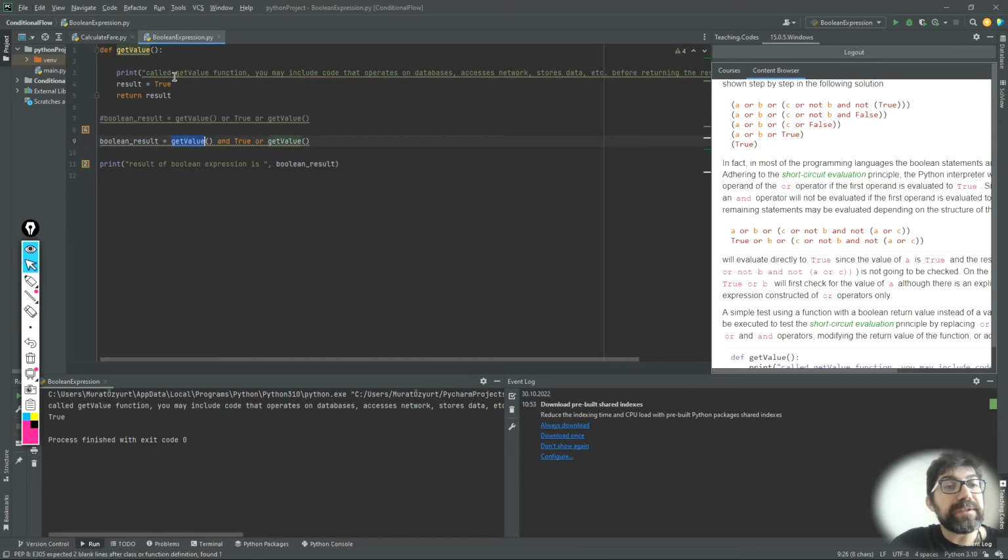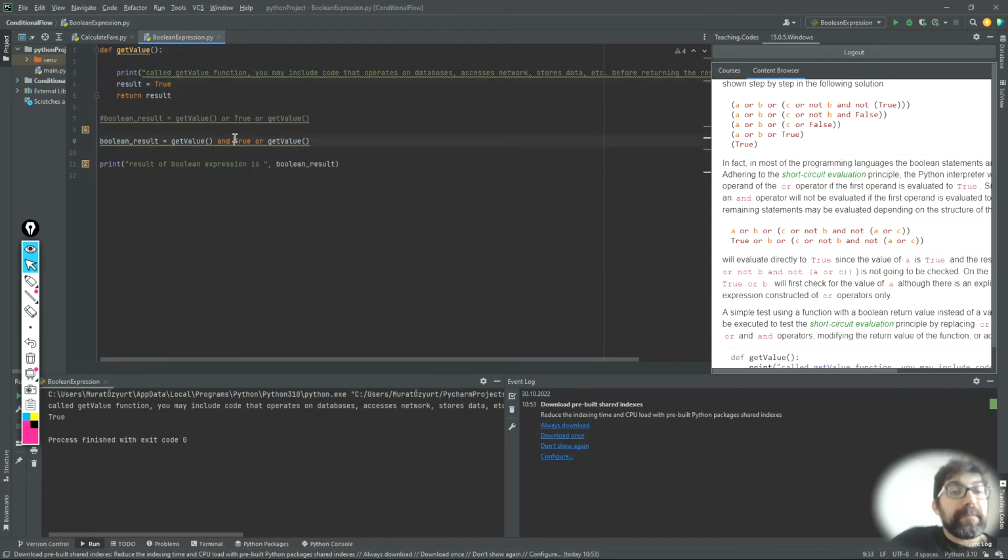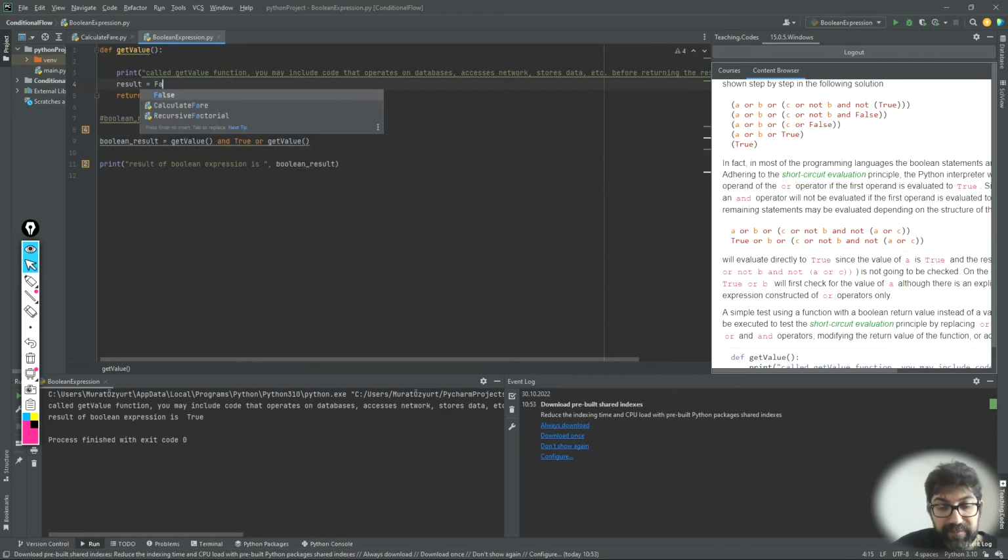So the get value function currently returns true result. If we run this code, it's going to call our function, which is going to return true for us, and true is going to be ANDed with true. It's going to return the result as true, so there's no need to call this get value for the second time. But if you modify the return value, or if our function returns some false value depending on other calculations,